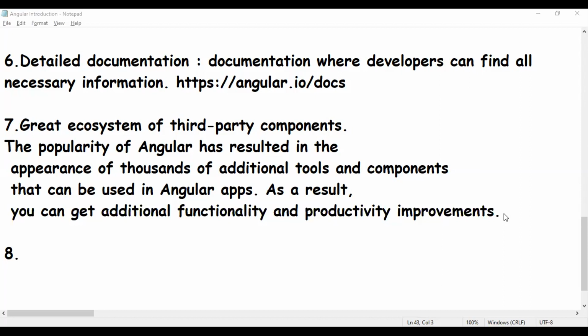According to component based architecture, an app is divided into independent logical and functional components.